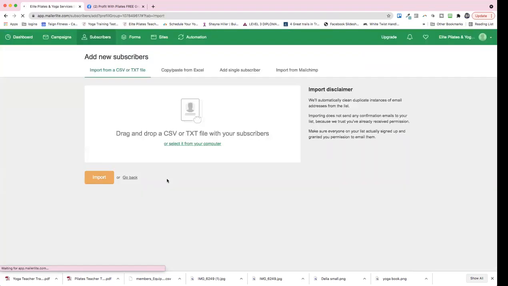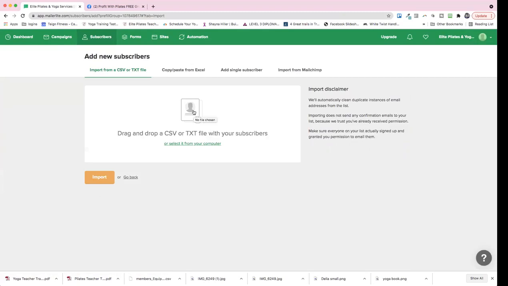I haven't really got anything to add. So you would then add this file onto here and then click import. And then what you'll get is all your client's details. You just need to link first name, email, just so that the system knows what those details are. And then that is how you add your